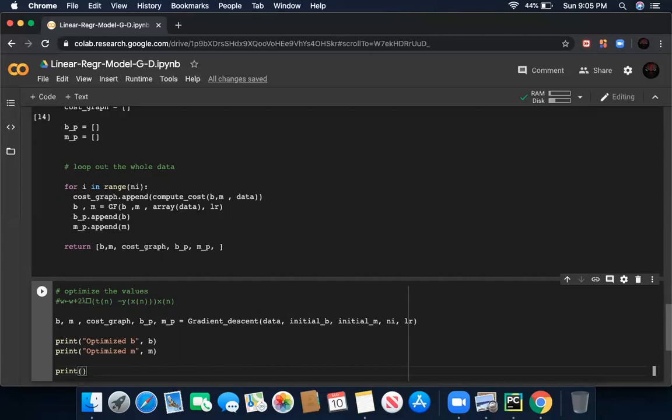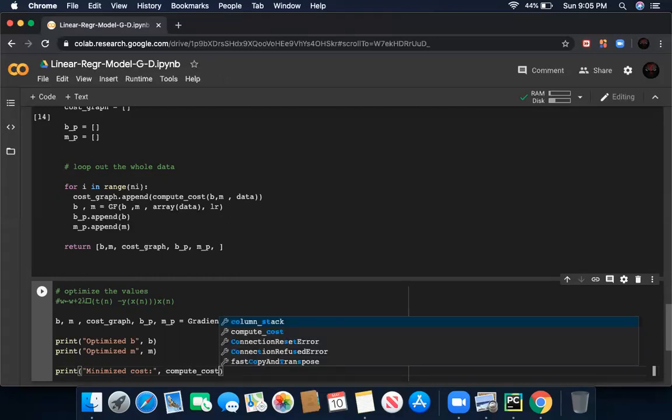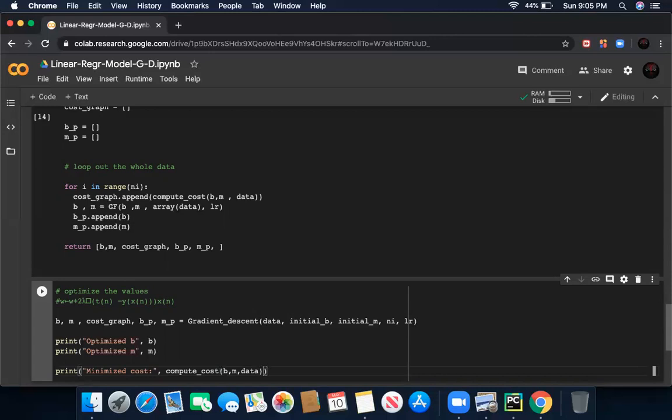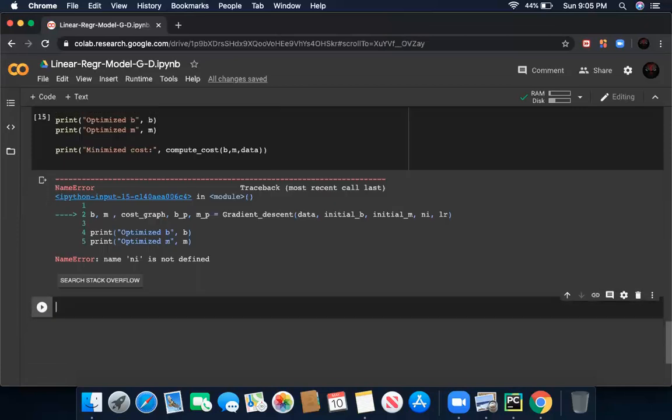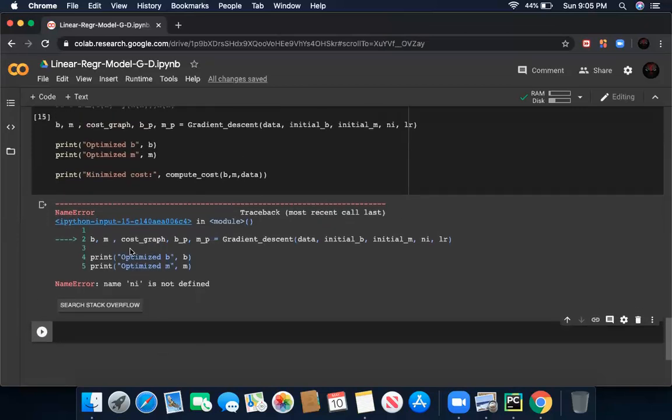So it's minimized cost, which we are going to get with compute_cost of b, comma, m, comma, data. That's it. Okay, it's b comma